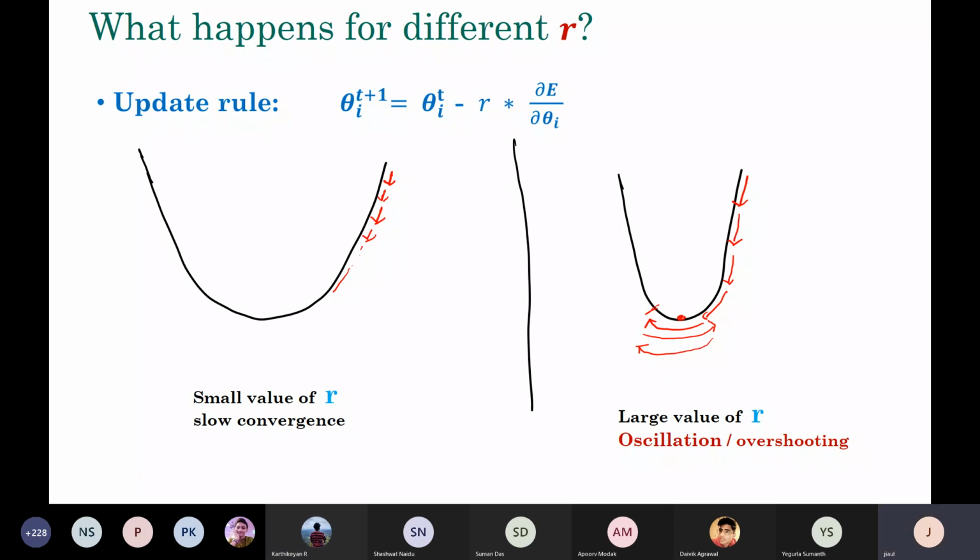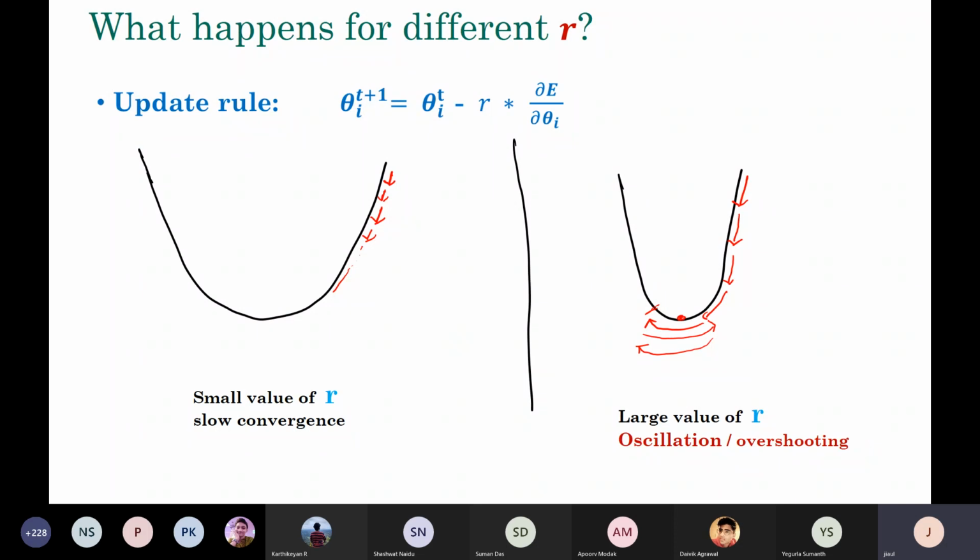Of course you can do some kind of that. In the next slide I will talk about adaptive gradient descent, which tries to adapt R with respect to the gradient values. But getting the optimal value of R is probably very challenging. At least nobody knows how to get that. But yes, you can use other information to figure out the value of R adaptively with respect to the surface that you are dealing with. Okay? Yes, sir. Now let's see how we can do that.